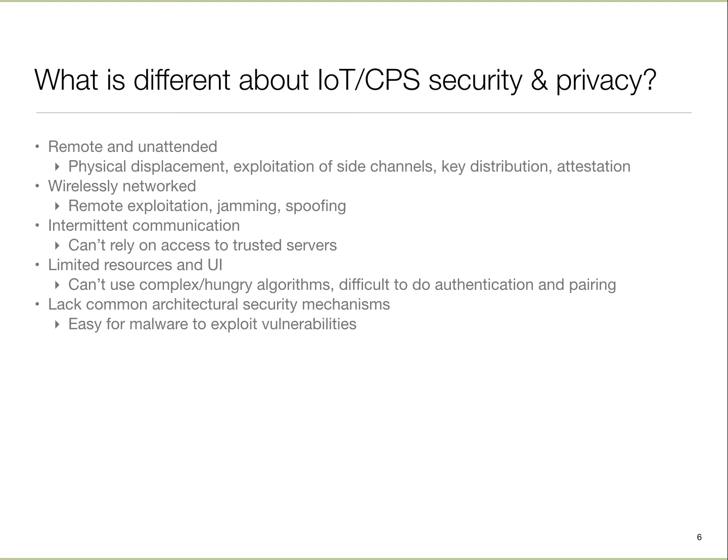The processors and the underlying computing system architecture behind these often lack the security mechanisms that we are used to. For example, the processors may not have separation of OS and applications. The operating systems may be simple. So a lot of those things that we take for granted are often not present, and that makes secure implementation harder, or in other words, malware can do a lot more damage much more easily in terms of exploiting vulnerabilities.